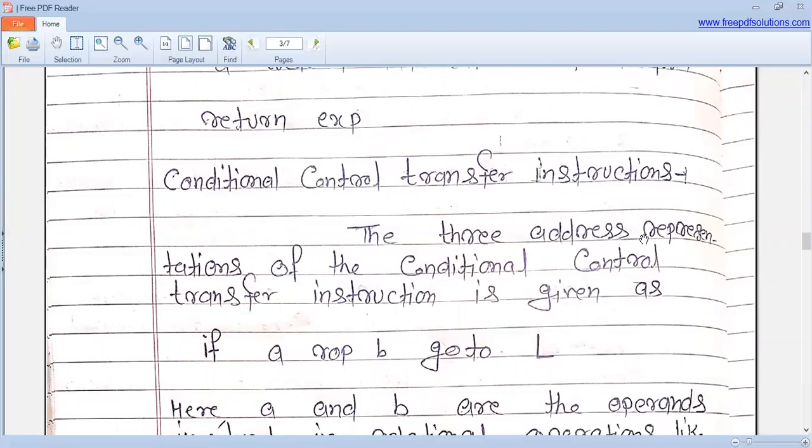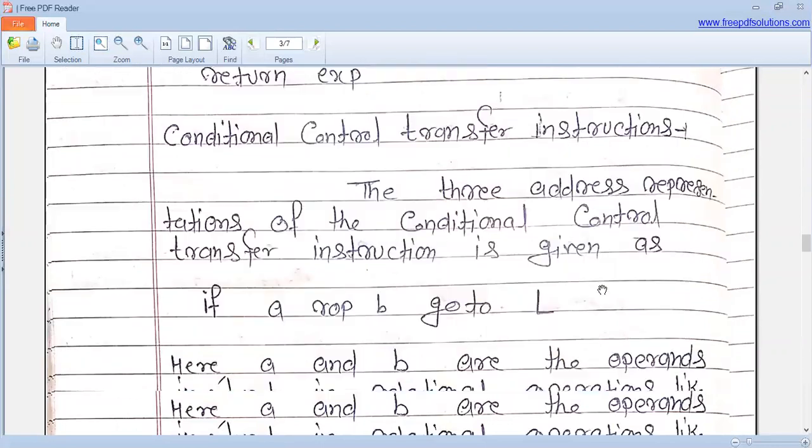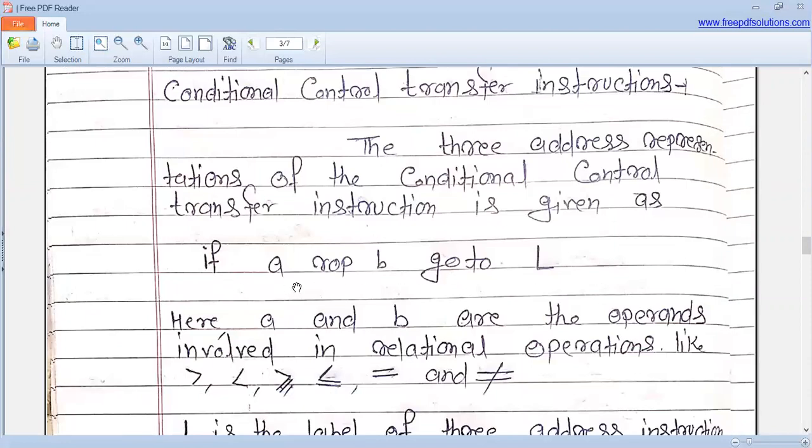The 3 address representation of the conditional control transfer instruction is given as if A ROP B go to L. Here ROP means relational operator.